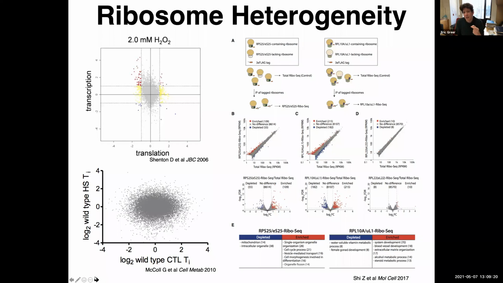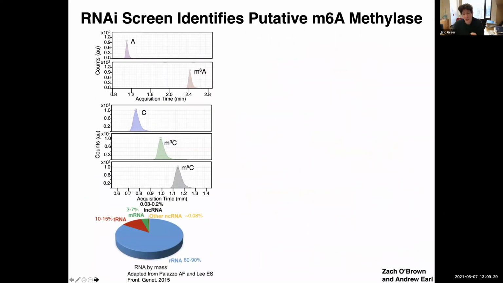So we hypothesized that potentially other modifications to the ribosomal RNAs could also contribute to this ribosome heterogeneity. To test this, Zach and Andrew decided to perform a directed RNAi screen in the nematode C. elegans, where they would knock down all putative RNA methyltransferases, extract the total RNA, and then perform high-performance liquid chromatography coupled with mass spectrometry, which is a technique which allows us to quantify all the different types of modifications that occur on RNA. Under the assumption that roughly 80 to 90% of total RNA is ribosomal RNA, if we were to see a significant change in total RNA